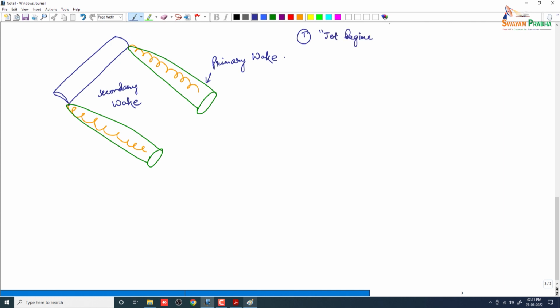So there is dispersion of this exhaust plume, and there are three regimes to that. Number one being the jet regime. So the moment the exhaust gases are generated, basically exhaust from the airplane into the atmosphere,